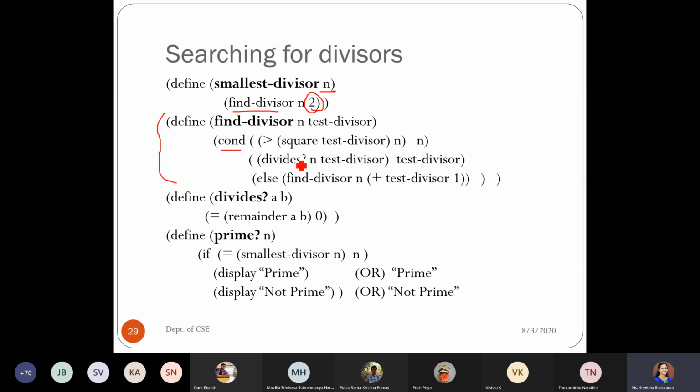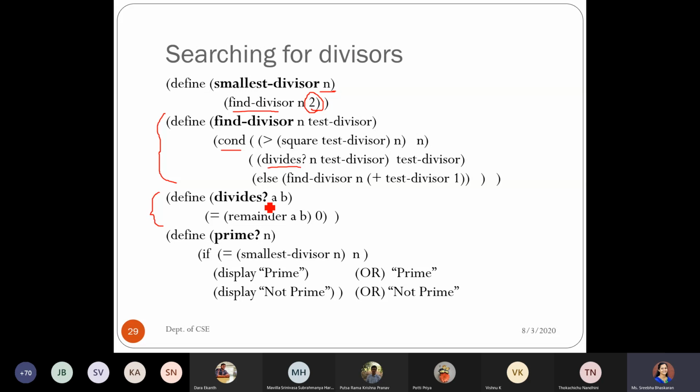Otherwise, I have to find the remainder of n with the test divisor, that is, n mod test divisor has been taken. So divides is a user defined procedure, which I have defined here. In this procedure, I'm just calculating the remainder of a and b and equating it to 0. So this divides procedure is going to return either true or false.